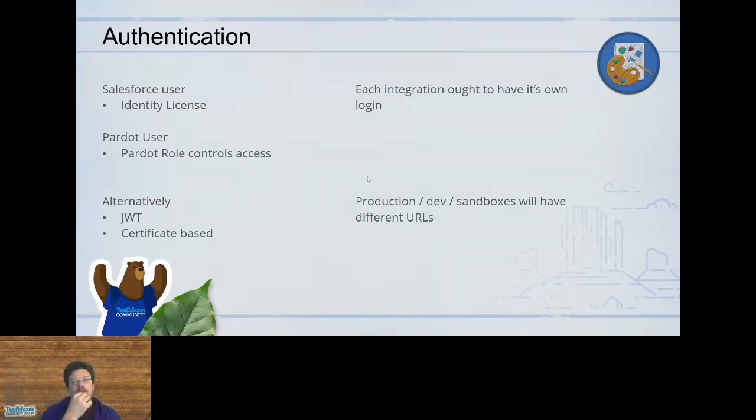And we can also use a JWT, JSON Web Token, which is a way of logging in. It's a more programmatic way. It's not friendly for humans to use, but it's easier for the code for a lot of repetitive stuff. And there are also certificates, key-signed certificates and stuff like that, that can be used. So there are 4 or 5 different ways we can authenticate into Pardot and Salesforce.